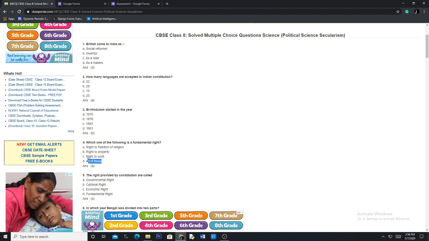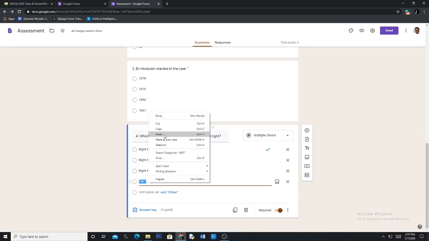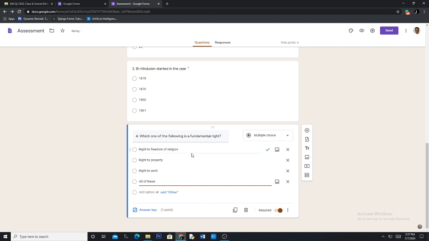Okay, this is a tricky thing, all of this is given, and then the answer is A. Okay, so paste all of this.